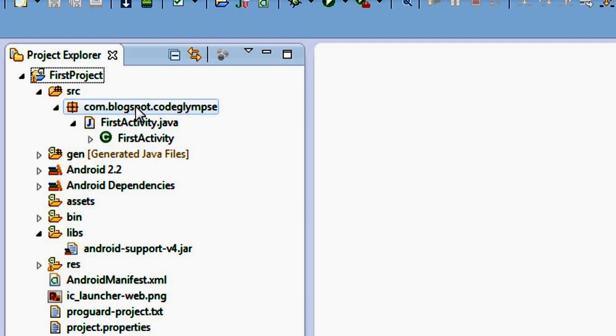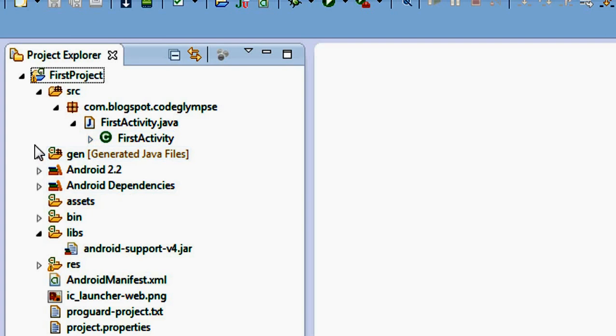By expanding this package, you can see the Java source code and the corresponding class file of that first activity Java file. In this project, there is only one activity, so this is the Java file associated with that activity. I will explain the class file details in the coming tutorials.